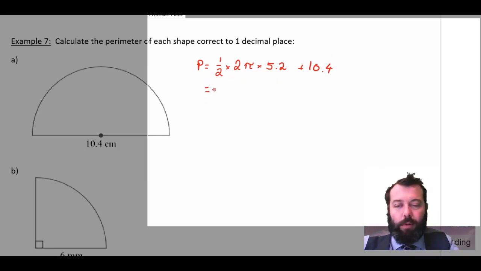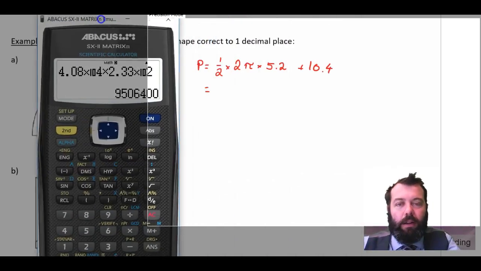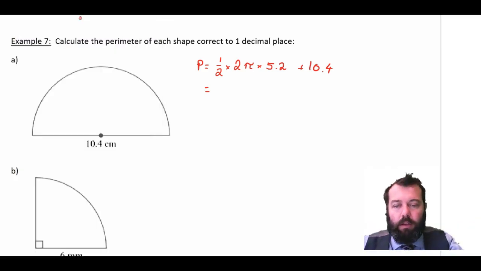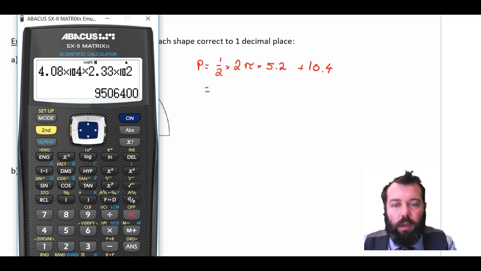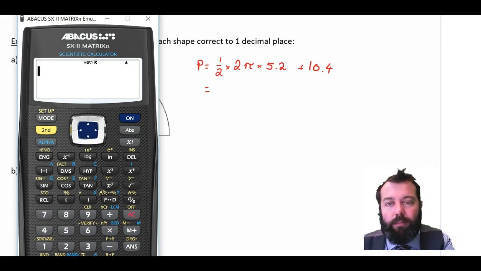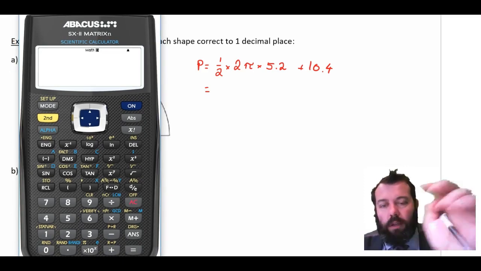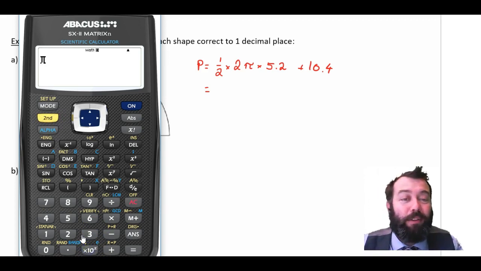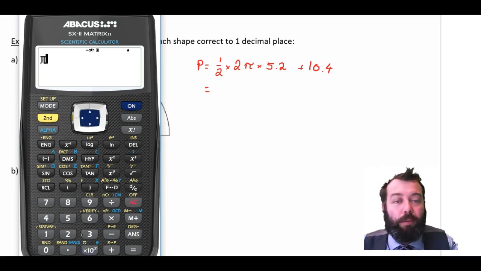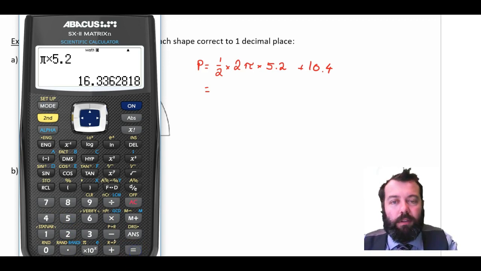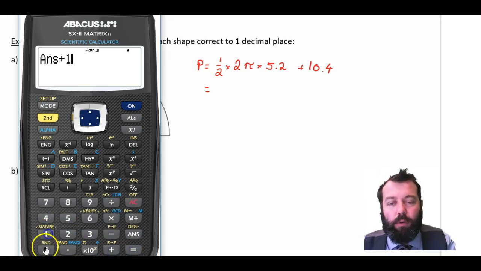Now, anytime we're dealing with pi, there's a good chance I'm going to need my calculator. Hello, calculator. Here we go. Back over here. Gotta work this out a bit more. Okay, so now half times 2. You know what, I can save myself the trouble there. Half times 2 merely equals 1. So I've got pi. I wish I had pi. Okay, pi on this calculator. I've got to press second function, and then that exp button we've been using before. Okay, so that's my half times 2 times pi times 5.2. Right, there's the first part, plus a 10.4